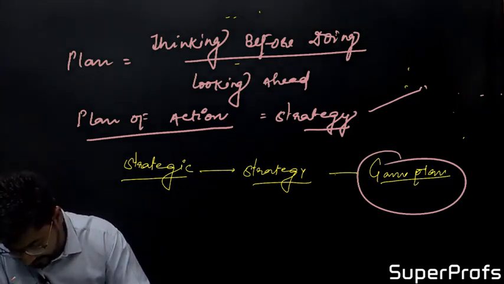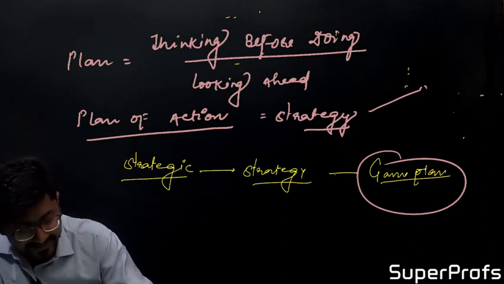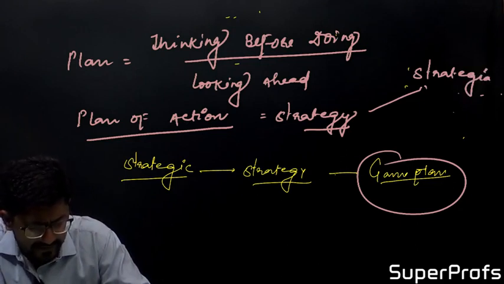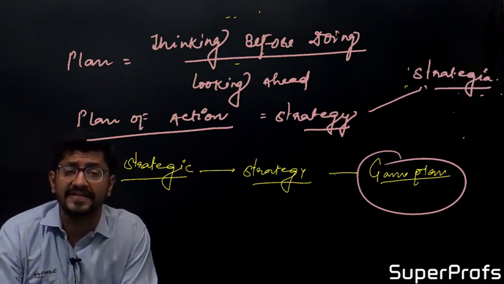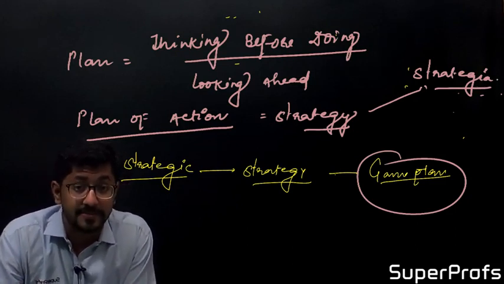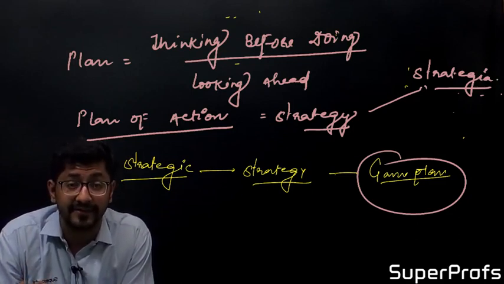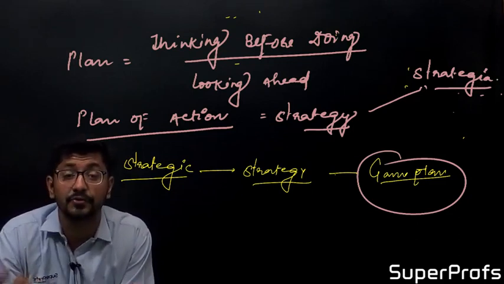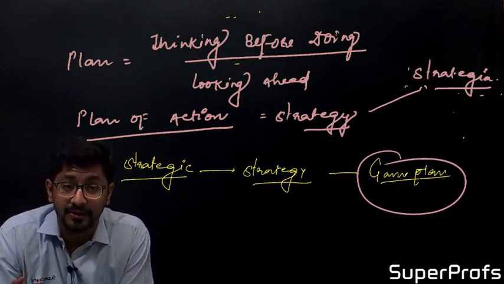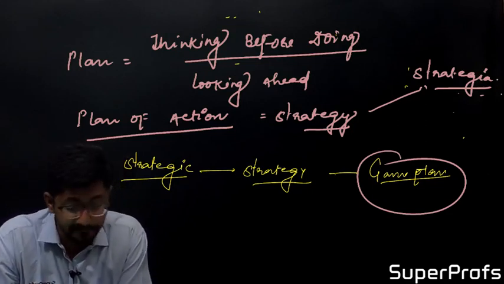I am writing the full meaning of this word strategia. Strategy is a word that comes from strategia. All these basics are required for further knowledge of this particular subject, strategic management. And this subject will give you the knowledge to run a business. If you take a class of this subject in an effective manner, then it will be very easy for you to think in your business about what loopholes need to be filled to earn more profit. So the strategy word comes from strategia.